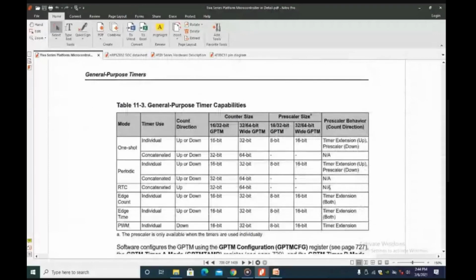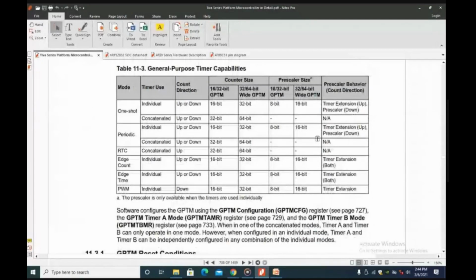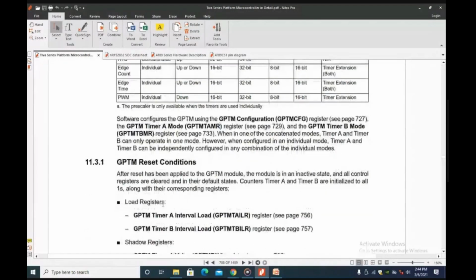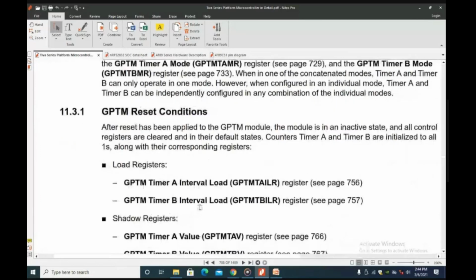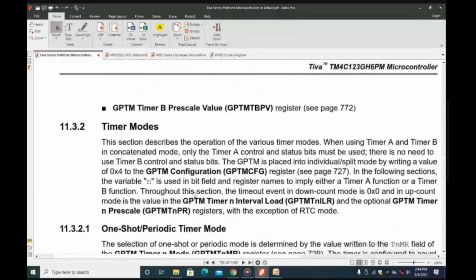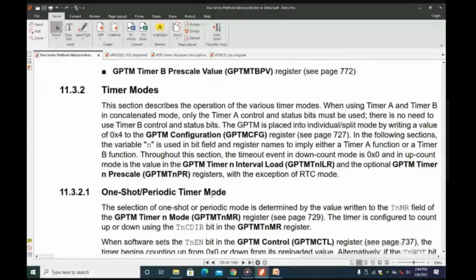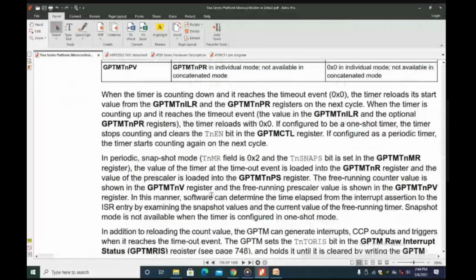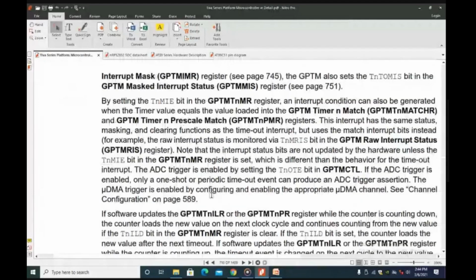So these are all the possibilities. And this is the table as we have seen right now in all the 6 different modes. I'll quickly brief about those modes, which will be very interesting for all of you to look at in the data sheet later on. And I'll come to the modes, which will be very easy for us. Timer mode is easy. One shot or periodic timer mode. Here you see one shot or periodic timer mode. I'll show with the diagrams, which will be very interesting, right?